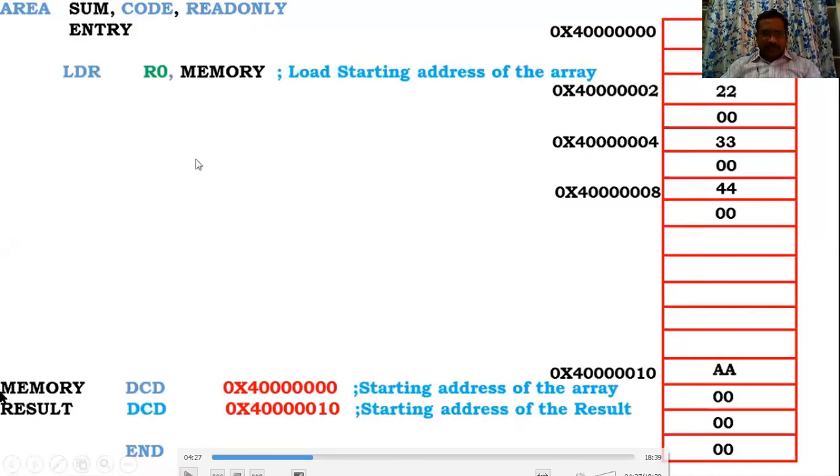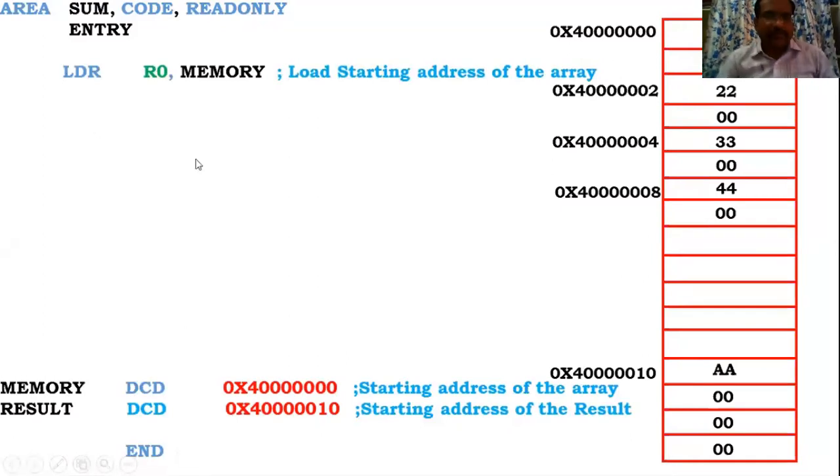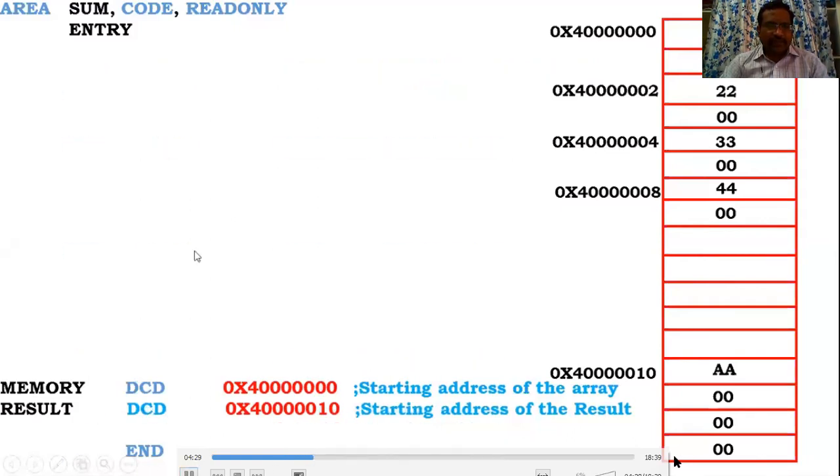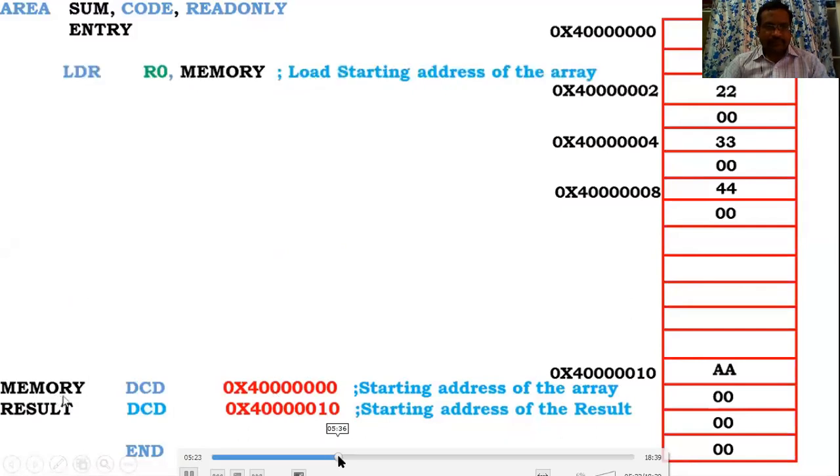So you are defining this, and first what you are doing: LDR means load register, R0 comma memory. That means memory will point to this address location. This address you are loading into the register R0, and next MOV R1 comma 4.